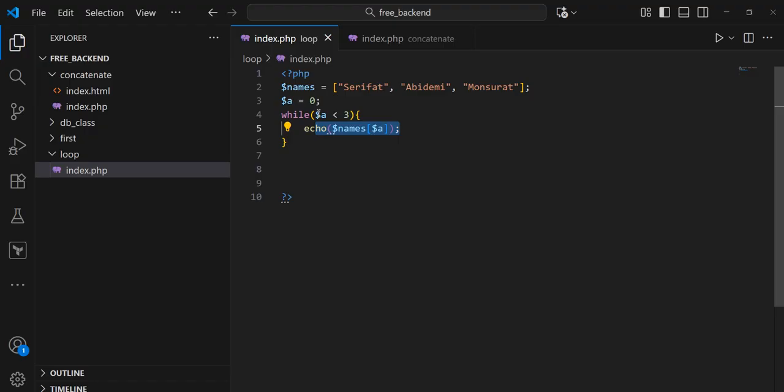When it is done, it will come back again to this place. Is 0 less than 3? It will do this again. It's going to say names index 0. It's going to echo Sherifat again. When it is done, it will come back again. Is 0 less than 3 yet? It will echo Sherifat. So we keep saying Sherifat. But I don't want that to happen. So I can say,